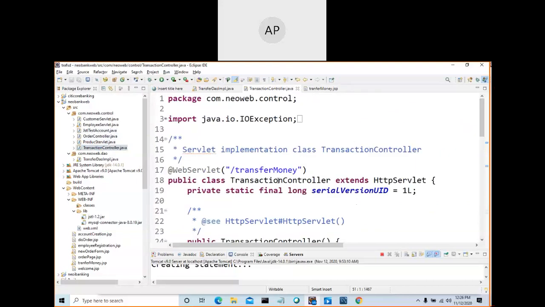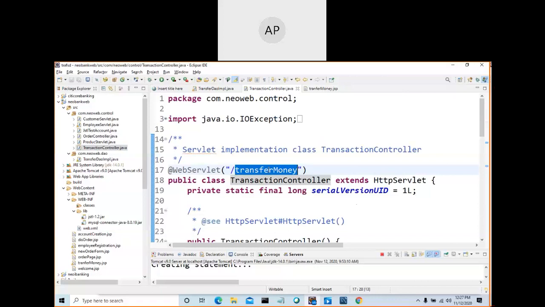This is the servlet class name, and this is the path, transfer money. You can give anything. But whatever I mention here and in the JSP should be the same, right?